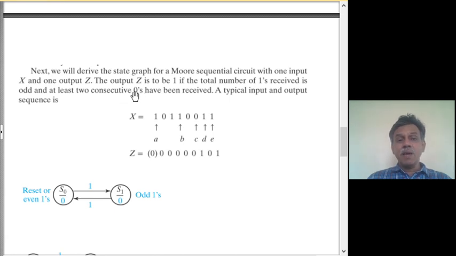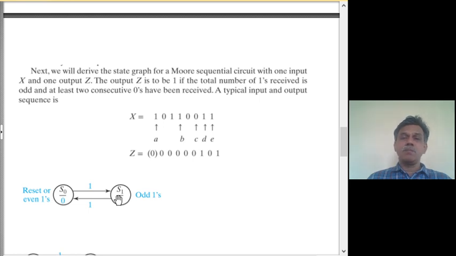Because any time the condition can occur, we should go back. This may occur at the 100th bit, 2 consecutive zeros. But until that, if you have not kept track of the count, we won't know how to handle it. So we should continue to keep track of the count, but output zeros until this condition is met. So this is the state graph where the condition is not met, but we just keep track of the count. S0 for even, S1 for odd.